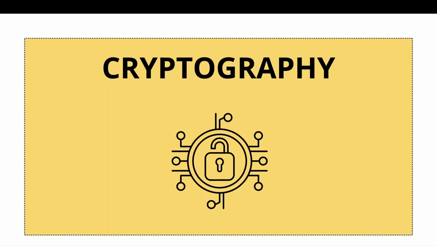Now cryptocurrency is stored in a wallet. So there are two types of keys related to a wallet. One is the public key and one is the private key. So let us discuss the private key in our upcoming videos.